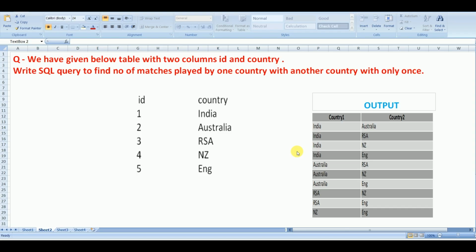The interviewer asks one question: we are given a table with two columns, ID and country. We can consider it as a country list with the ID and the name of the country. So ID 1 India, 2 Australia, ID 3 RSA, 4 New Zealand, 5 England. For this one, I need to write